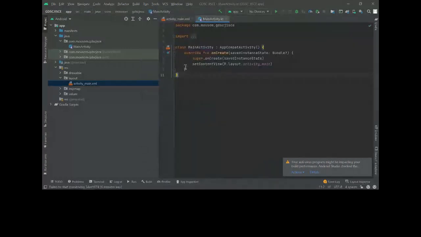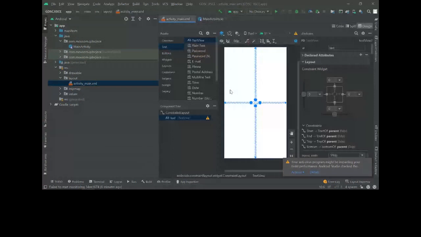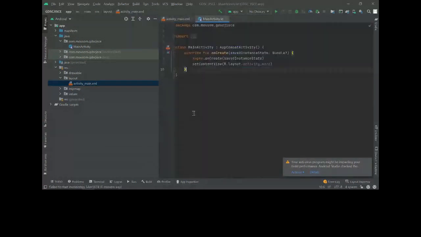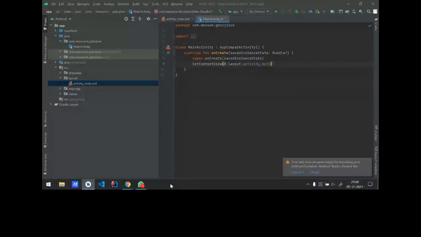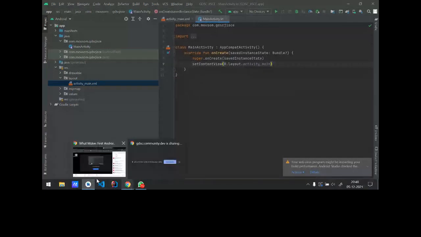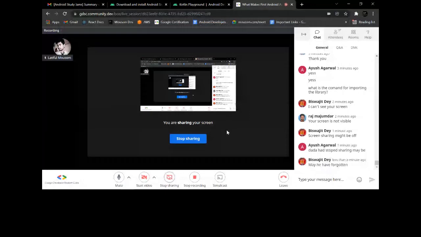Like I have set the content view to R.layout.activity_main, like this I have to import this text field inside this MainActivity. Then I can make use of this UI. So I can show anything over there, calculate anything. I'll show you how to do this in the next video.